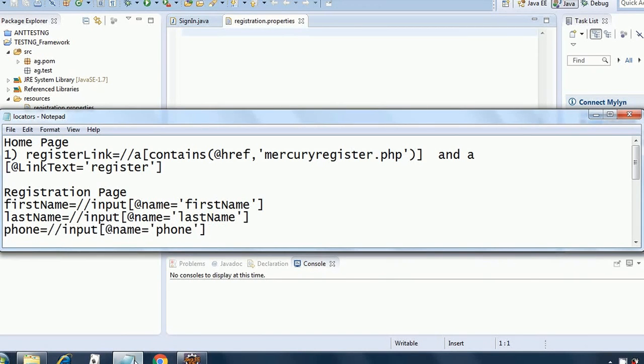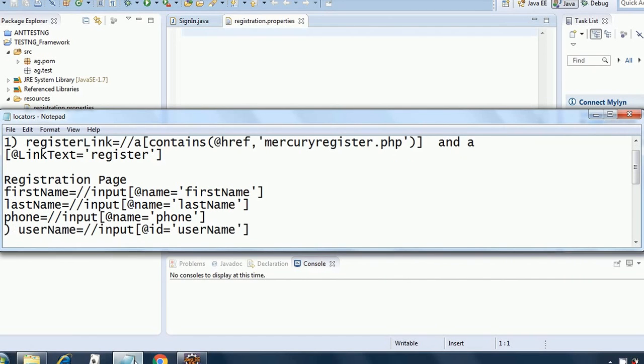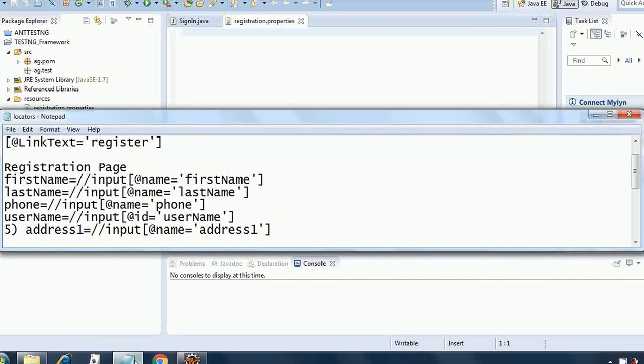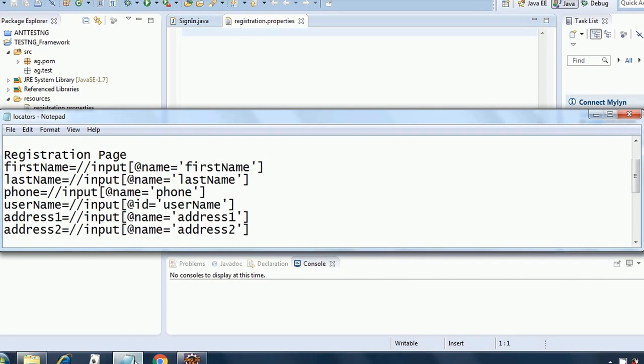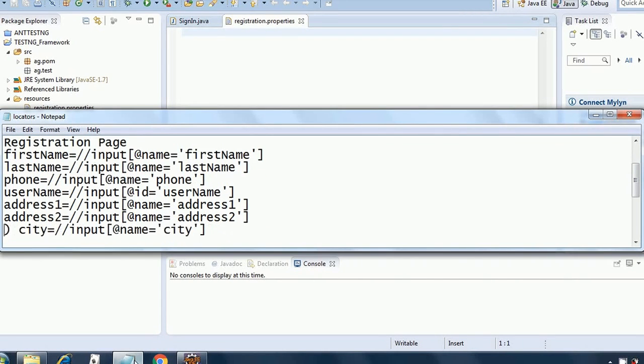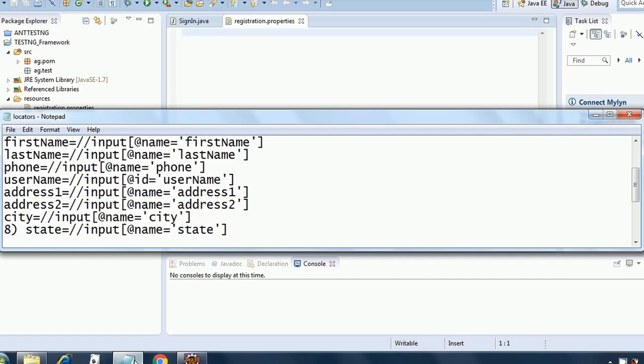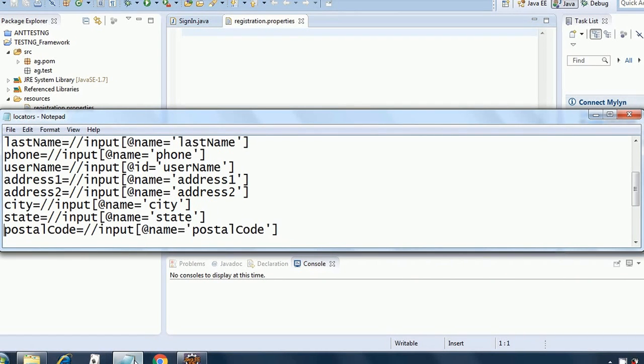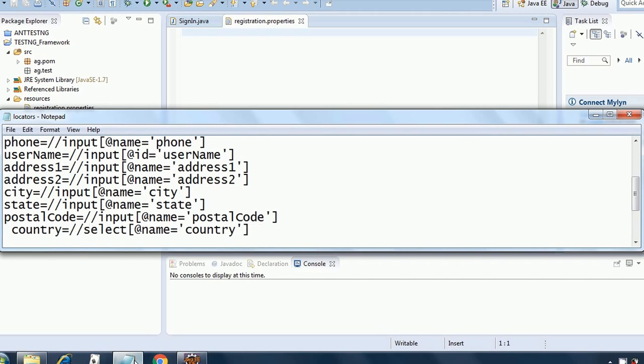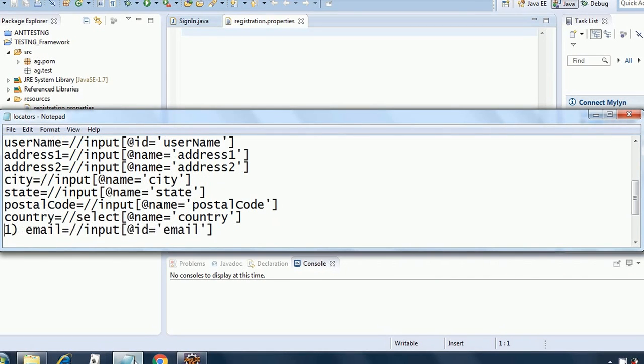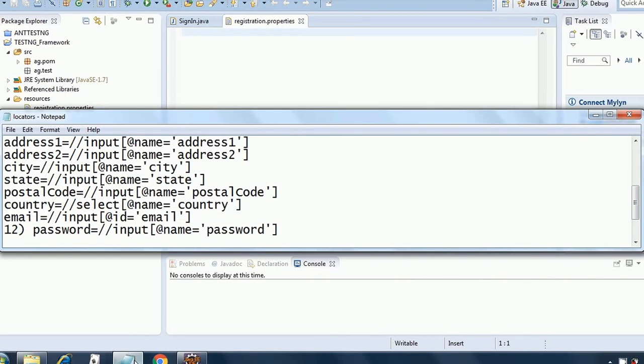Now you have key value pairs, and remember it should not have any space between the equal to sign and the variable name or the XPath.